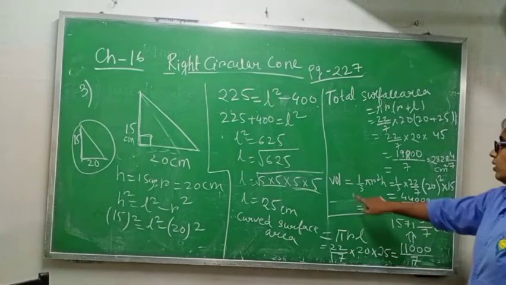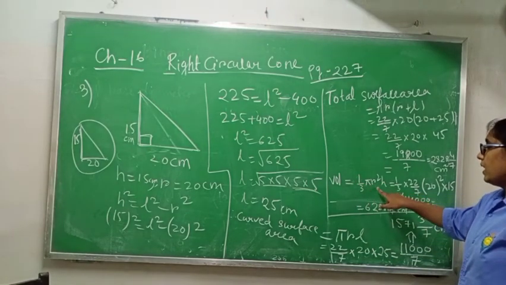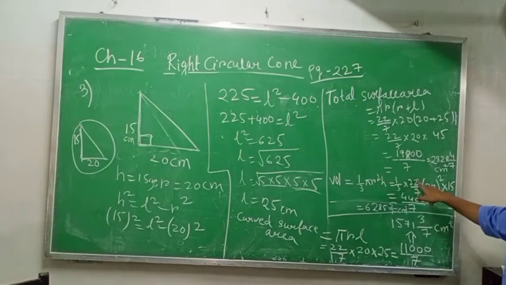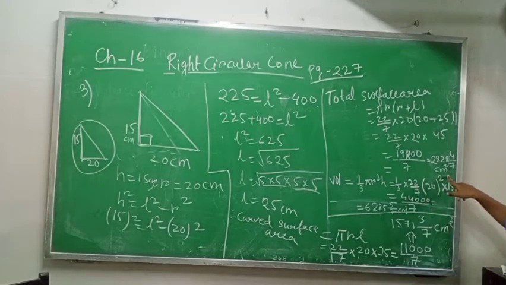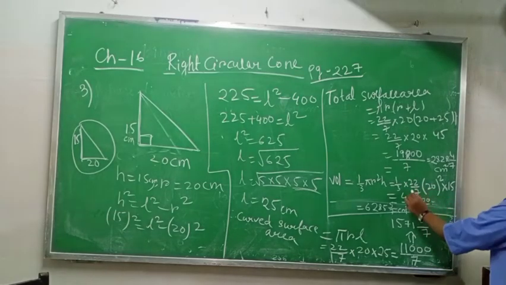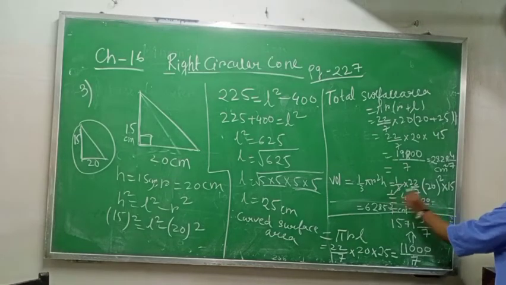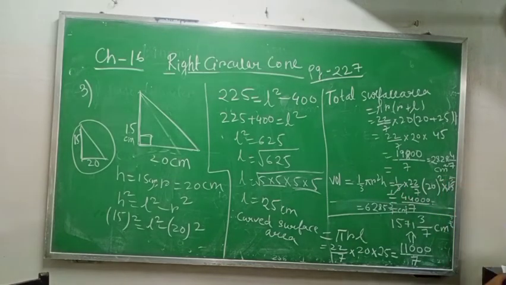Okay. Now volume. Volume formula is 1 by 3 pi r square h. 1 by 3, pi value is 22 by 7. R square is 20 square into h. H is 15. When you open the bracket, 20 into 20 and you multiply with 22 into 15, you will get 44,000 by 7, because here we have 7 and cancel. 3 ones are 3, 3 5s are 15. I am cancelling this one, it will be better. So 5 into 22 into 20 into 20, 400. So 400 into 22 into 5, you will get 44,000 by 7.